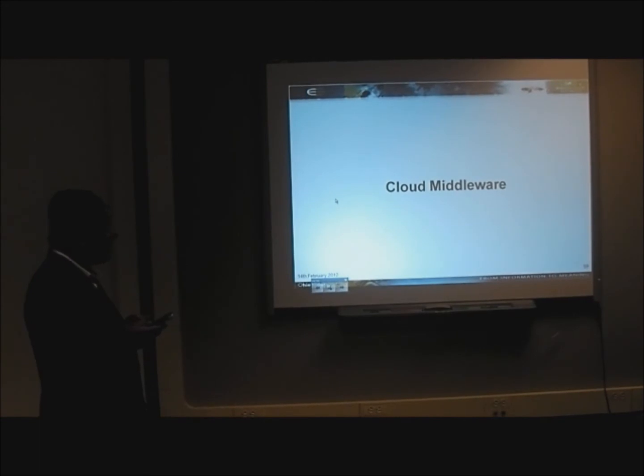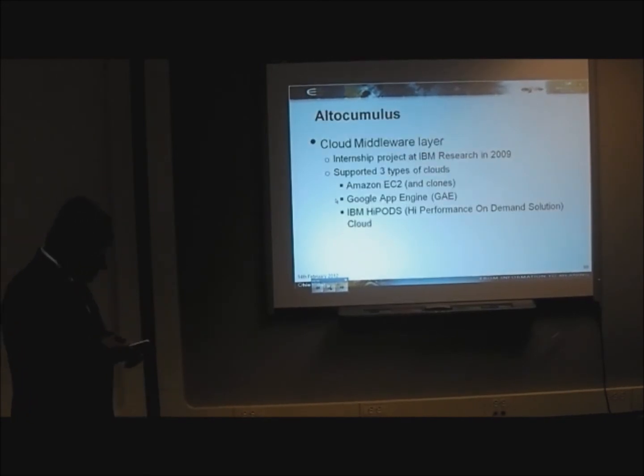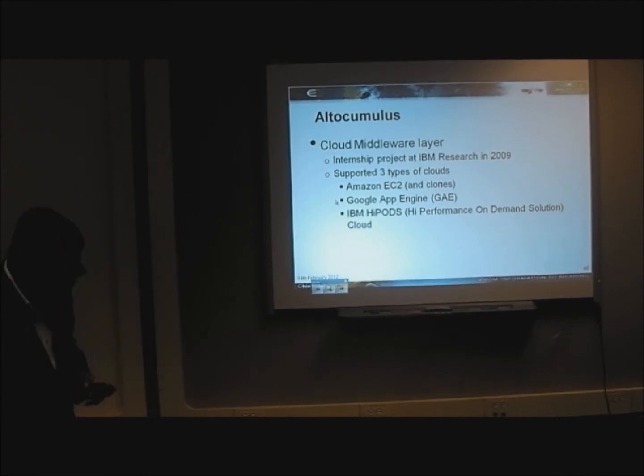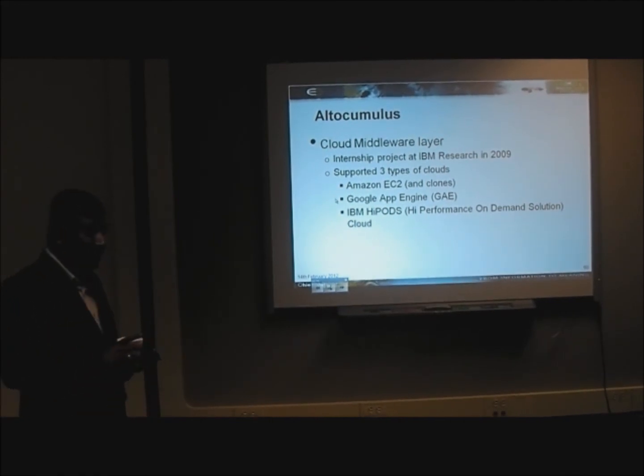Cloud middleware. What have we done in this area? We developed a project called Altocumulus. It's a layer of cloud middleware, and this was my internship project with Max at IBM in 2009. We managed to support 3 types of clouds: Amazon EC2, and of course Eucalyptus. If you know what Eucalyptus is, it's an Amazon clone. So they basically implement the same interface as the Amazon cloud. So we supported Eucalyptus too, and then Google App Engine, and there was an IBM cloud called the IBM HiPODS